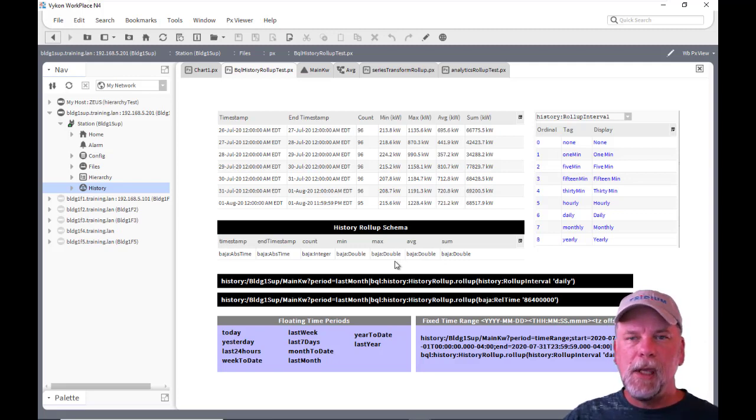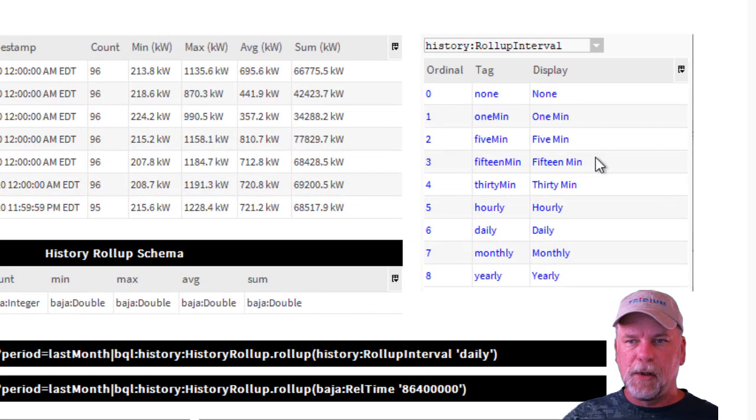chart. And when you look at the syntax for the BQL history rollup, I pasted here an image of the enum values. So we're using the tag values in that syntax, and I use daily, which is ordinal number 6 here, but these are the other ordinal tags which you can use in that syntax for the rollup